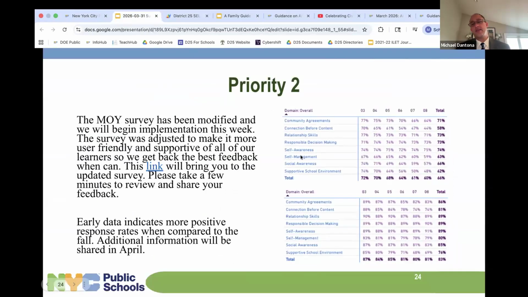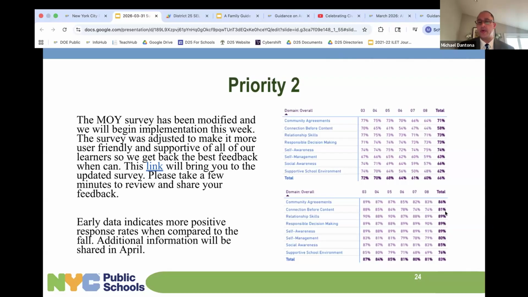And what we've noticed thus far, and I'll have a deeper analysis for you in April, is that the outcomes from our kids are improving from where they were in the fall to where they are now. In some cases, upwards of 20+% difference in our students' perceptions, which says that the things that we're doing to build relationships is having a positive impact. I do think there's a tremendous amount more work that we have to do, but we are seeing some fruits of that inside of our student feedback from the fall to the winter.